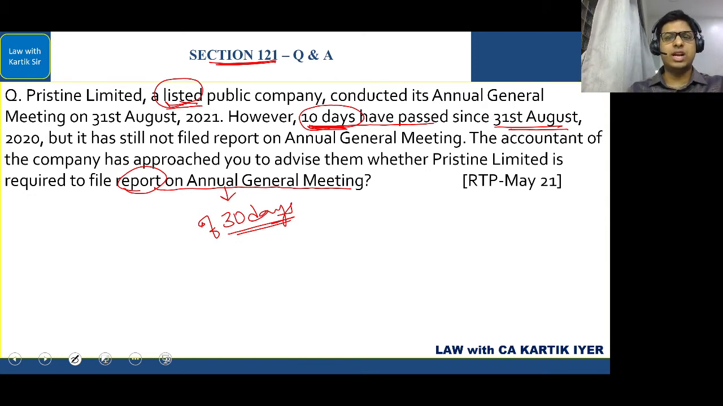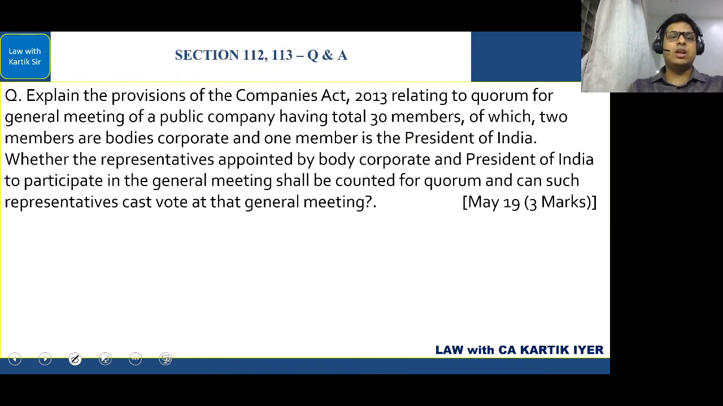That is what you will write in this case. RTP May 21 question. Okay. Next one. Explain the provisions of the Companies Act 2013 relating to quorum for general meeting of a public company